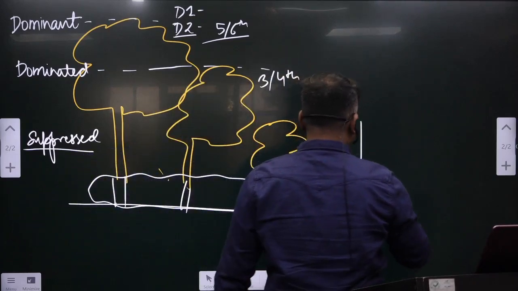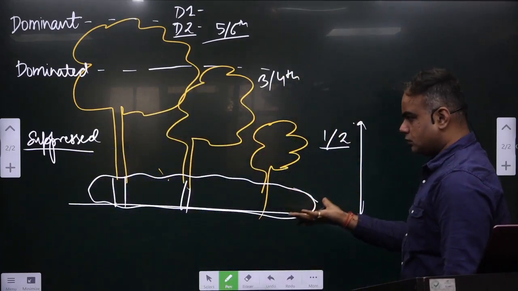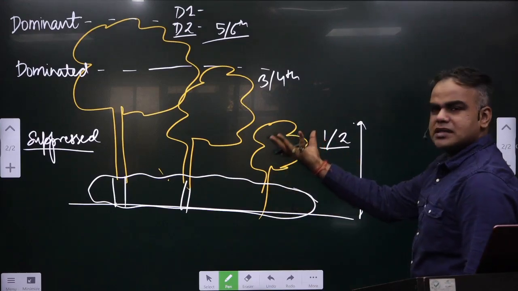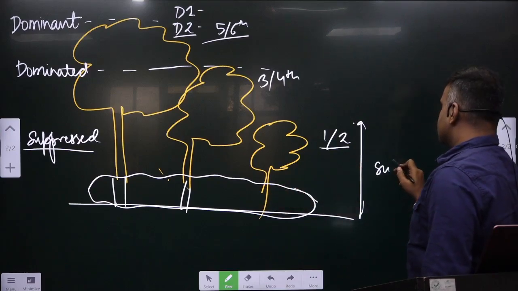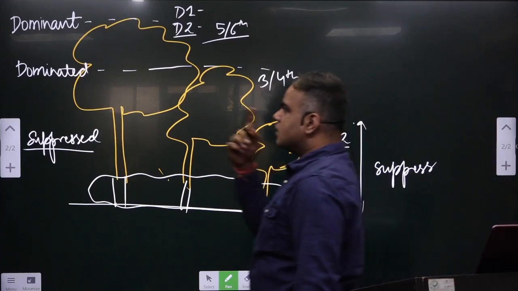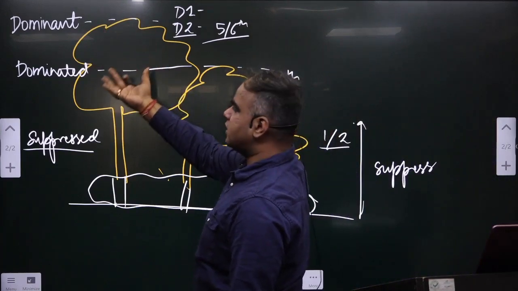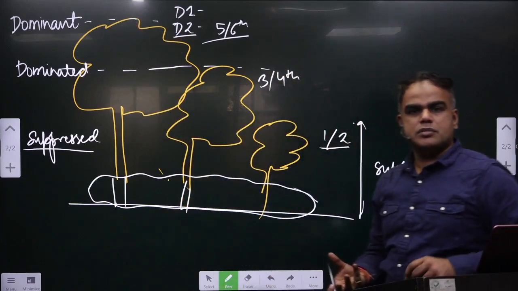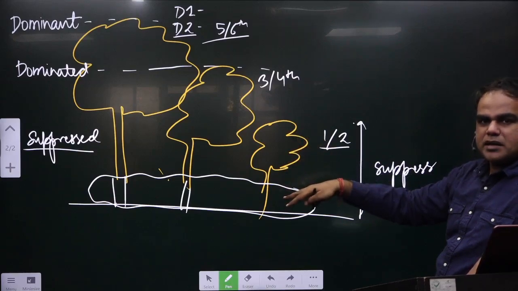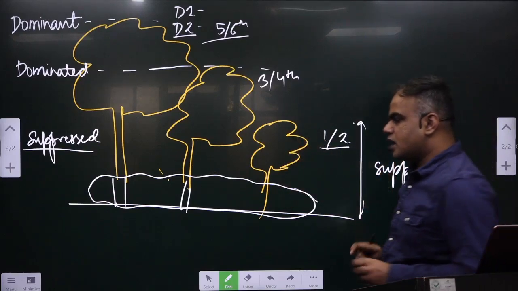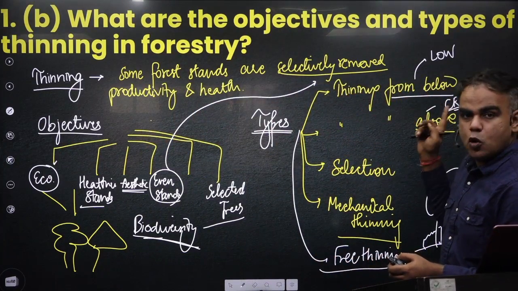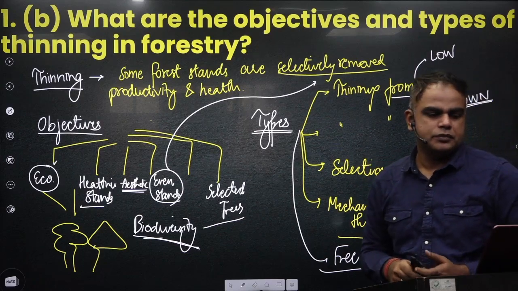So what you are doing, and here in this case, when you're thinning from below, you're cutting down the suppressed. If you cut down the suppressed, what will happen? The growth of dominant, co-dominant will be happening very much. Okay, and we'll even promote the growth because we are cutting these smaller parts down. Fine. So here in this part, when you write, we are writing about the thinning from below, that is the low thinning. So here just one line: